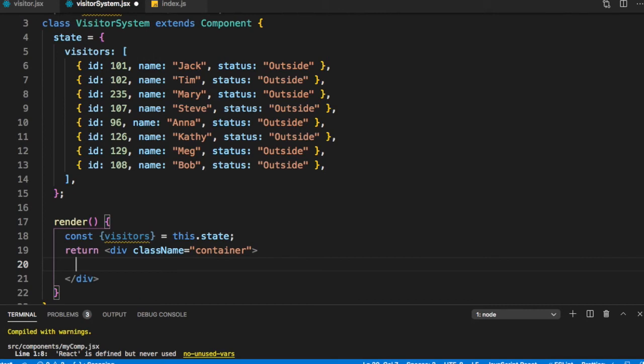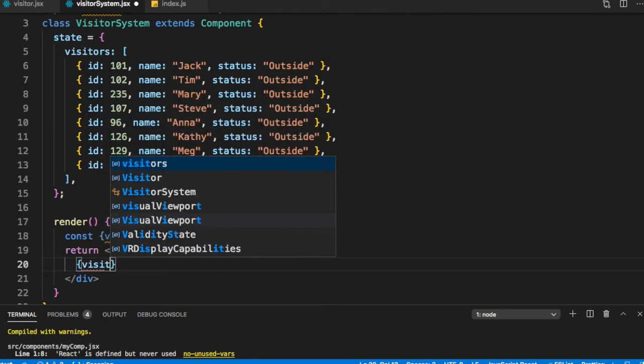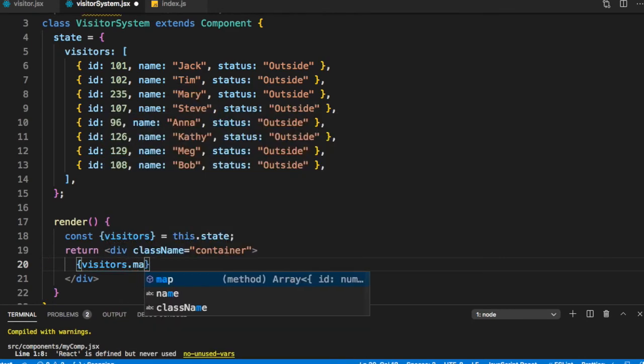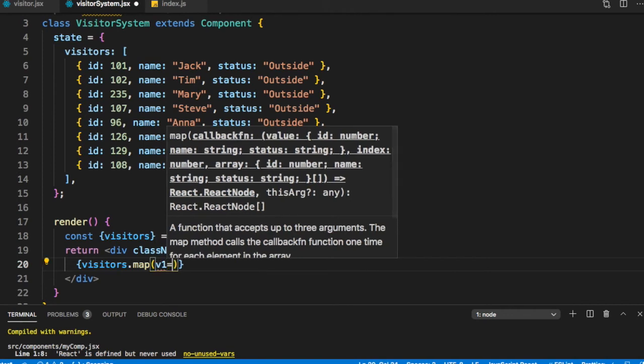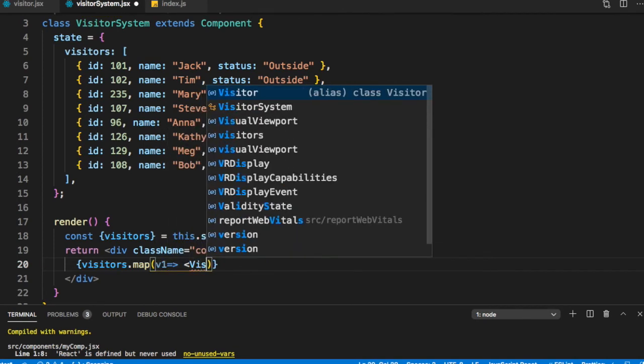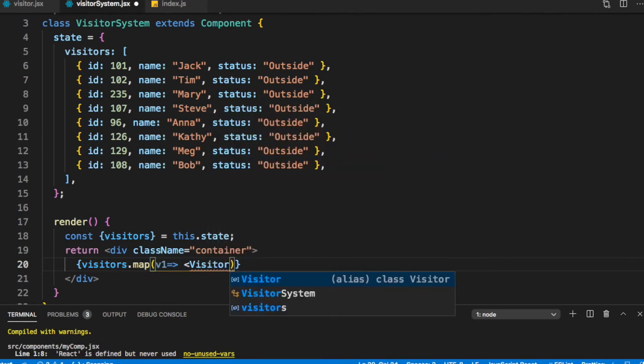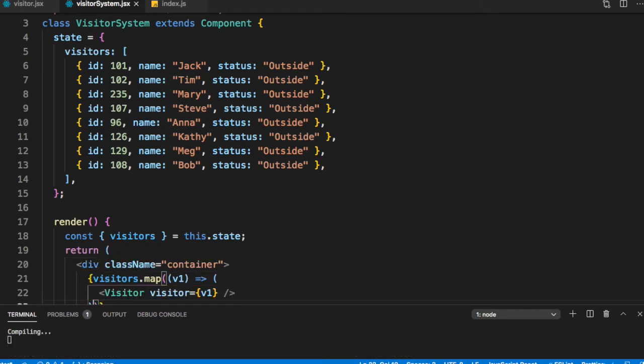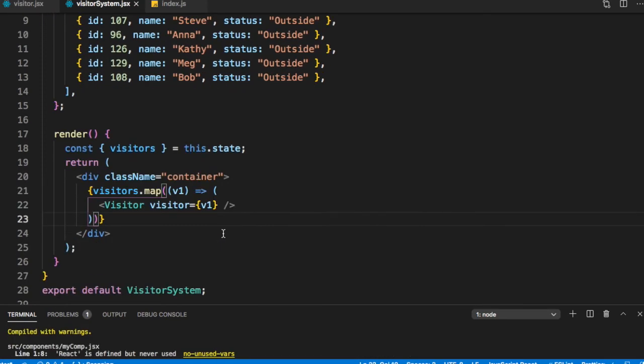Because we are rendering them as a table, each visitor would be rendered as a row. So let's pass it visitors.map. Let's say v1 goes to visitor equal to v1. So this is what we are rendering.